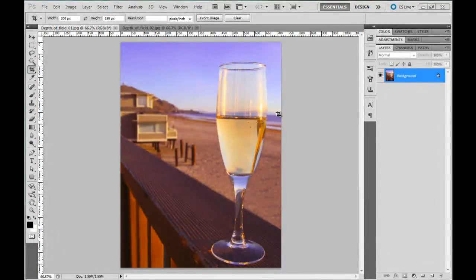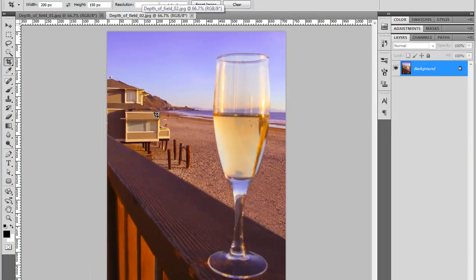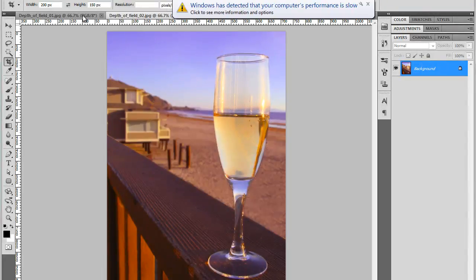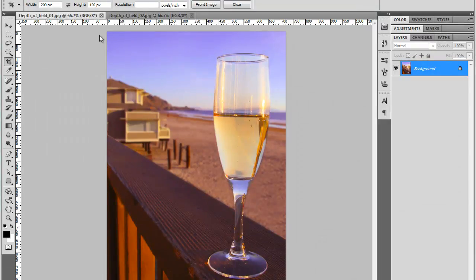Okay, here I am in Photoshop and I'm going to show you how to blend the images together and merge them. I've got two images with different focus. The first image, depth of field 1, has a focus on the foreground on the glass of wine. The depth of field 02 image has a focus on the background on the beach. Now this particular image may have been shot using a tripod because I can see it's quite aligned. But we're going to merge it together anyway, in case you don't use a tripod or you use images from online libraries. The first thing to do will be to put both images in the same document on separate